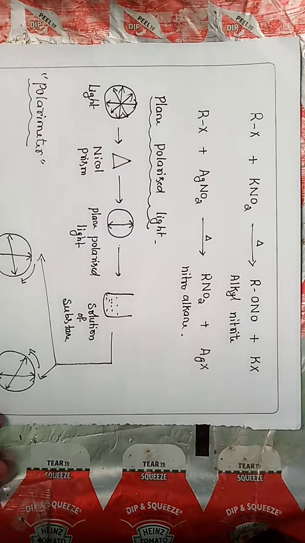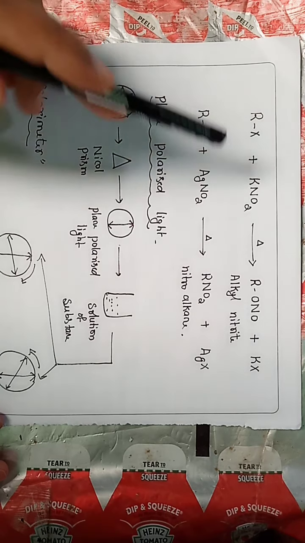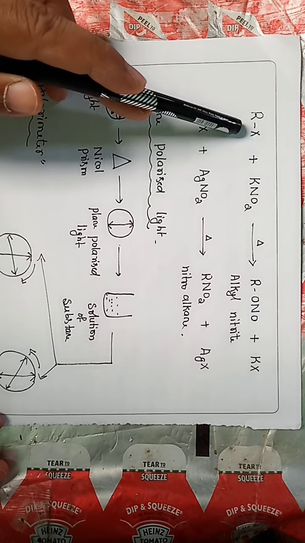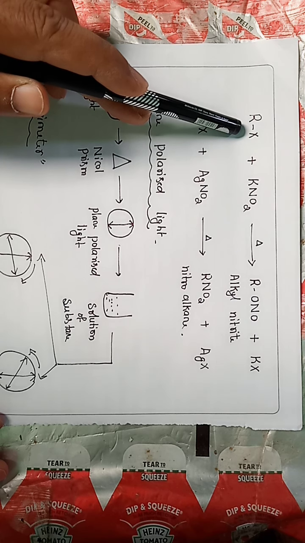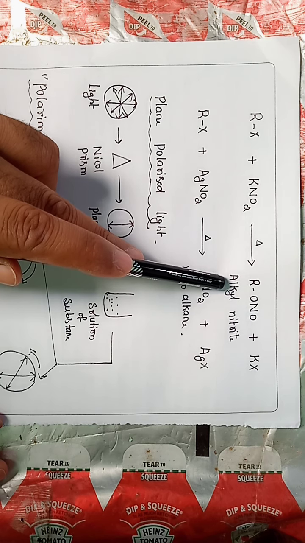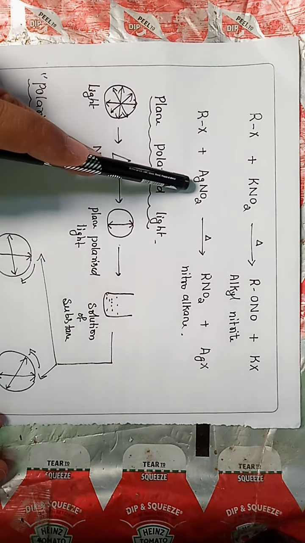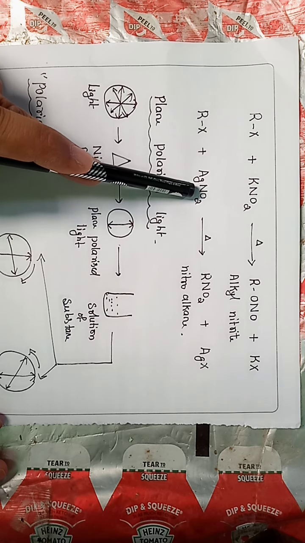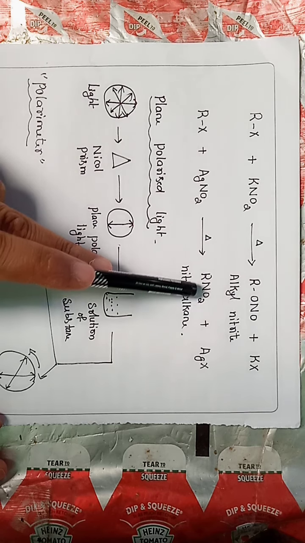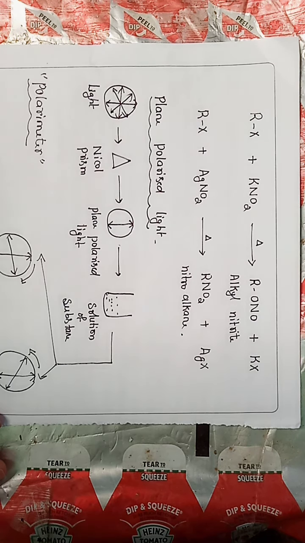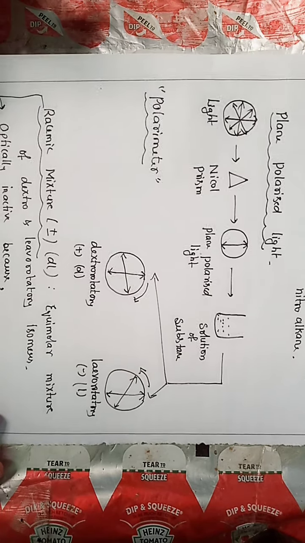We have two more examples of ambidentate nucleophile. Here we have taken nitrite, NO2. When you treat potassium nitrite with alkyl halide, by the same concept, oxygen acts as the nucleophilic center and we get the product alkyl nitrite. Similarly, when you use silver nitrite, AgNO2, nitrogen acts as the nucleophilic center and we get the product RNO2, nitroalkane. Very important concept for the exam, both for board and entrance exams.